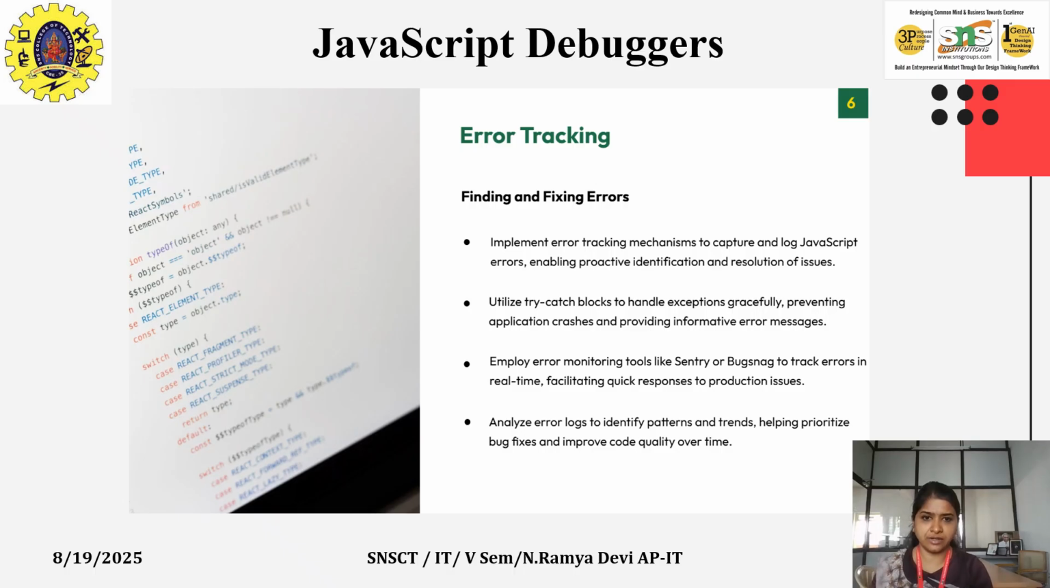Finding and fixing errors: implement error tracking mechanisms to capture and log JavaScript errors, enabling proactive identification and also the resolution of issues. Utilize the try-catch block to handle exceptions gracefully, preventing application crashes and providing informative error messages. Also employ error monitoring tools like Sentry or Bugsnag to track errors in real time, facilitating quick responses